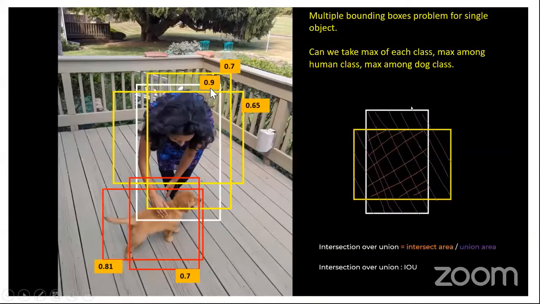Let's consider this white bounding box, and you will go through all the boxes in your list that your algorithm has predicted, and check this metric. For that, you will find the intersection of both bounding boxes divided by the union of both bounding boxes. So this intersection over union will be high in case they are pretty much the same thing. And what you can do is remove the one with lower confidence.